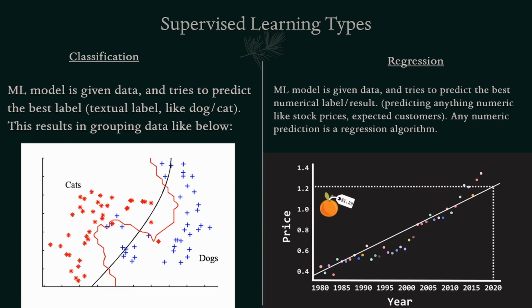Classification is kind of like this image right here, trying to predict if something is a cat or a dog. A text response. Are they a cat or are they a dog? So English words. That is what two different types of supervised learning is. And there are tons of different classification algorithms and tons of regression algorithms. There are just multiple ways of doing these two kinds of things.